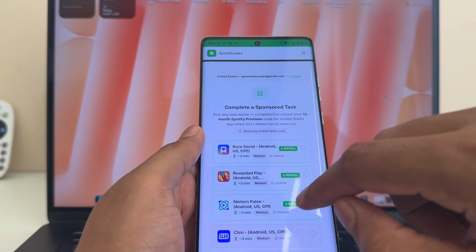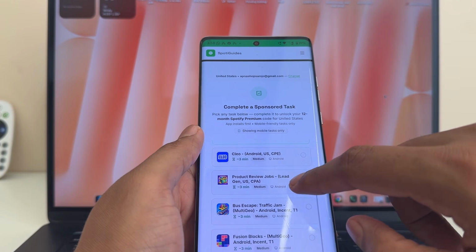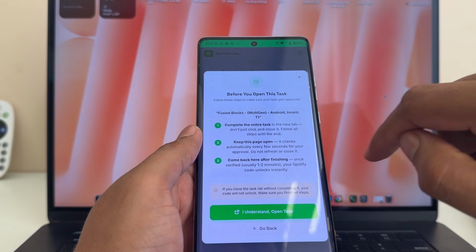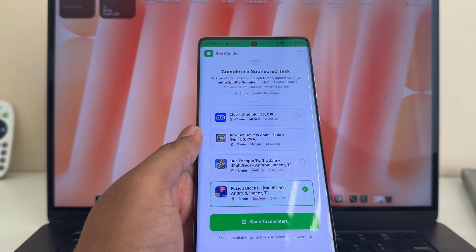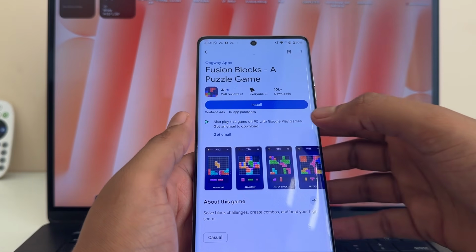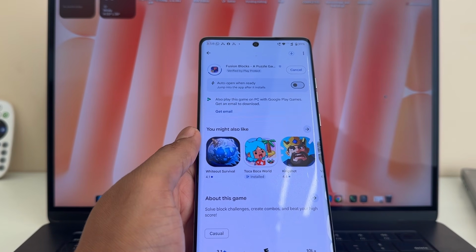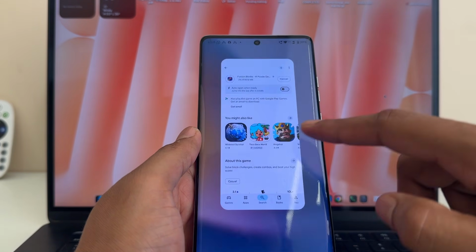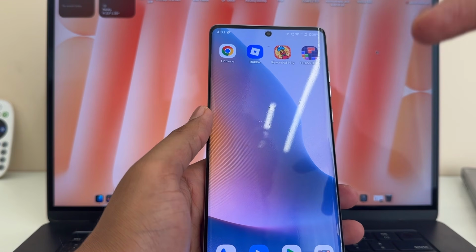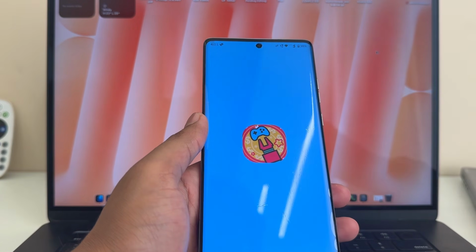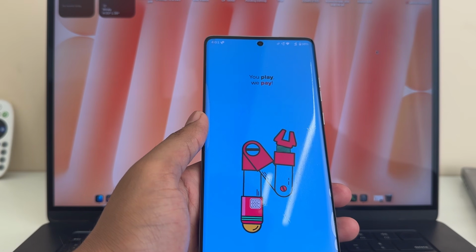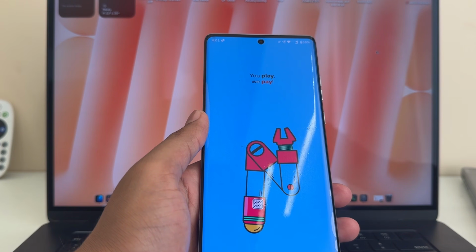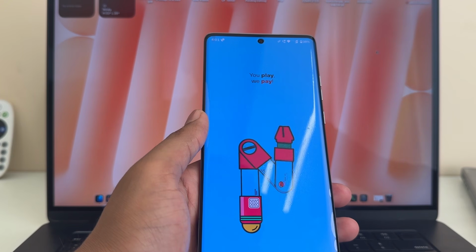Let's do this one, Fusion Block. Now let's install it. Now please wait till the installation has been completed. Once the offer has been downloaded, please open and run them. Remember guys, the offer part is very important. If you don't complete offers very carefully,